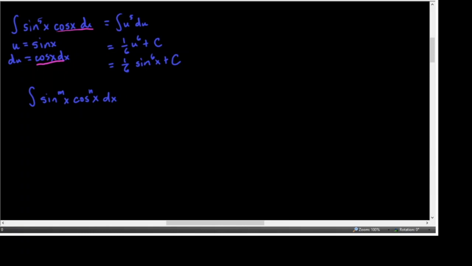And there are certain trig identities that you're going to need to recall to do this type of problem. So we need some identities that relate sine to cosine. Well, the ones that come to mind to me are the